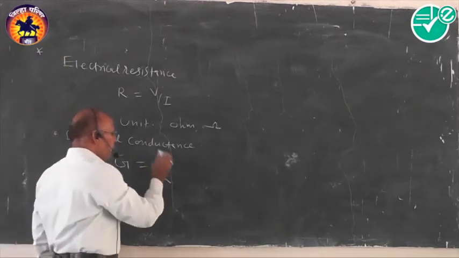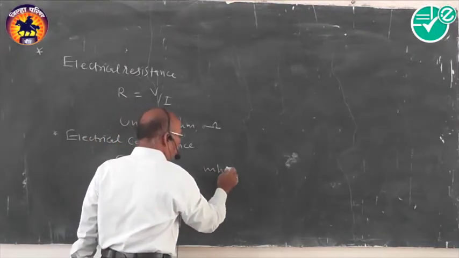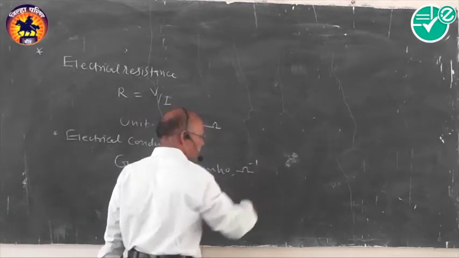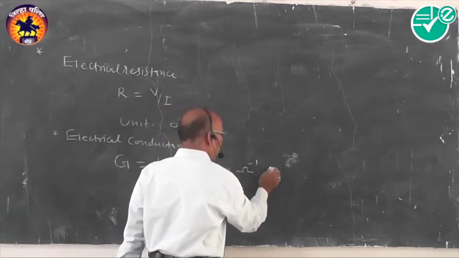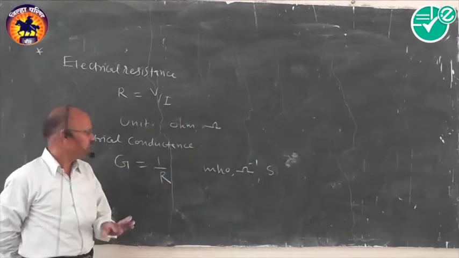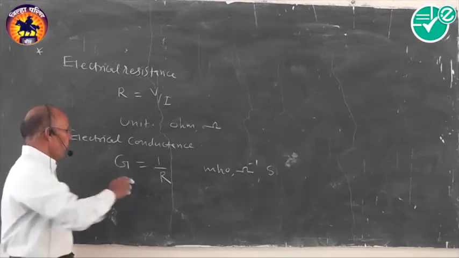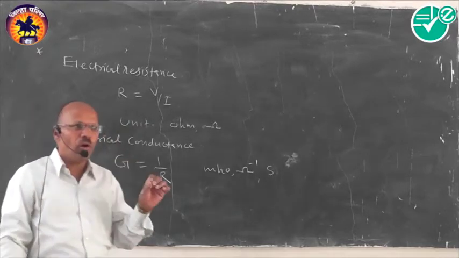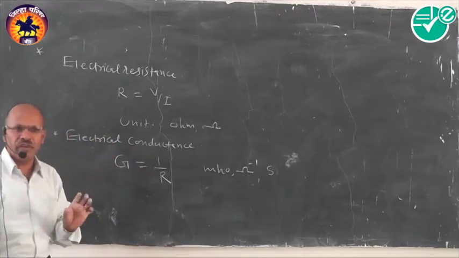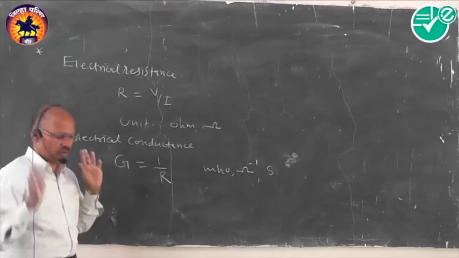If you think about this one, its unit is mho, or in the other form we can write it like this, or nowadays we prefer it as Siemens, represented by the term S. Second term, electrical conductance. Now from this, we have to follow expressions for electrical conductivity and electrical resistivity, which are very important. We will think one by one.